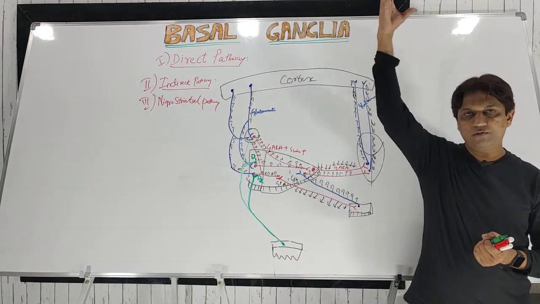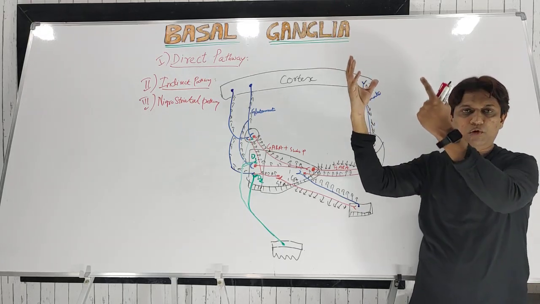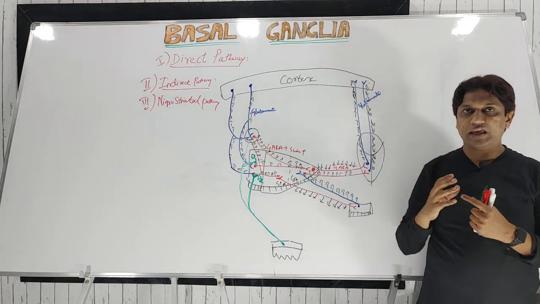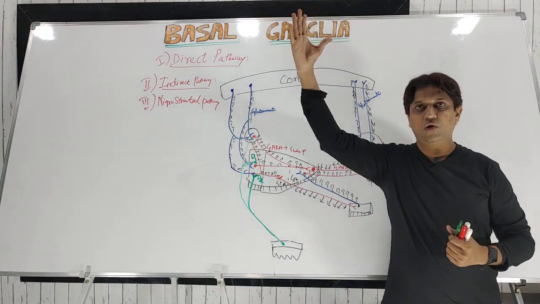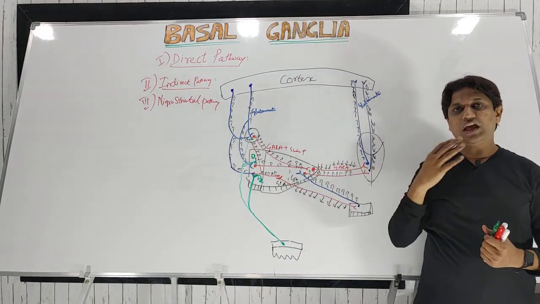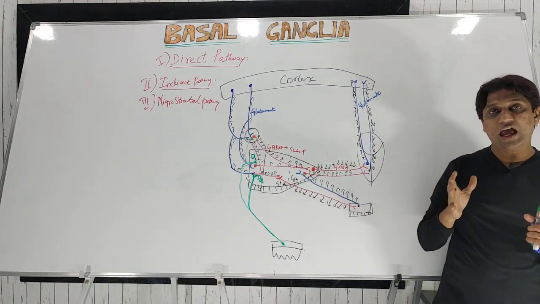Now suppose I want to raise my hand, how fast I should raise it, like this or slowly like this. That is timing of the movements. And scaling of the intensity of the movement, that is how far I should go, so much far or just here. So timing and scaling of the intensity of the movements. Also basal ganglia help in